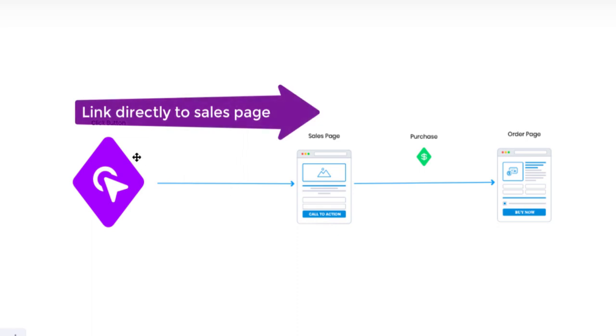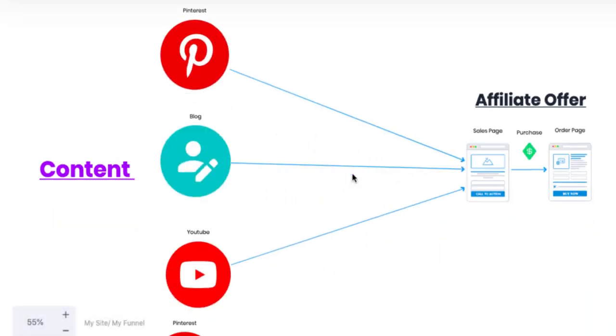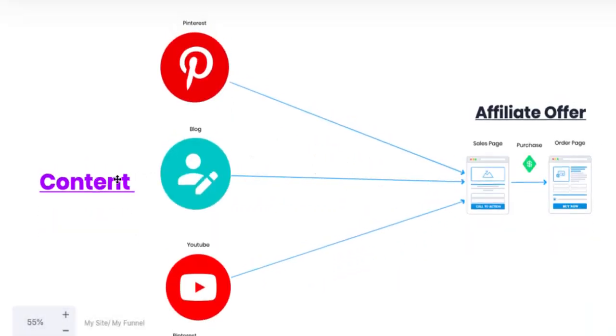So this top one, where you just have a link and you go ahead and click it and you end up on a sales page and then you purchase it, that's one that very, very rarely works, right? This is one that a lot of newbies do, and then start deciding none of this stuff is working for me. Now the second way, which is a better way, is you create some kind of content